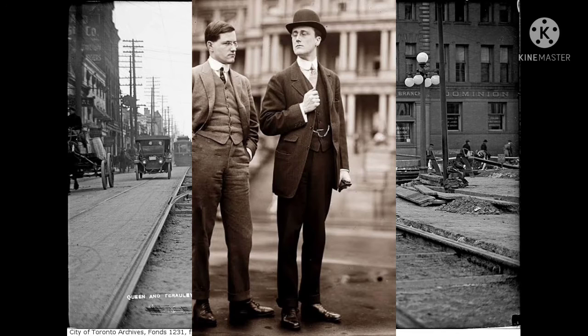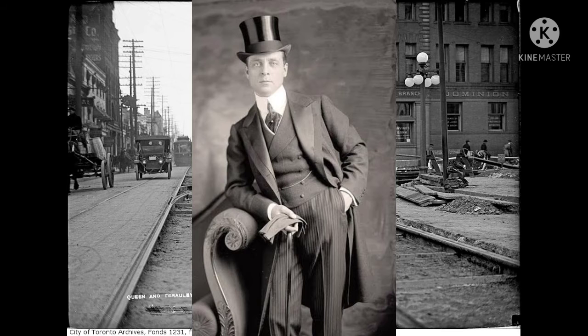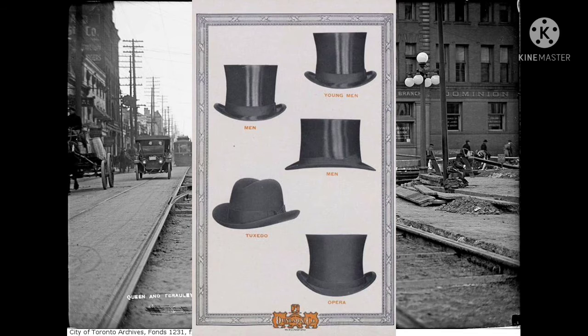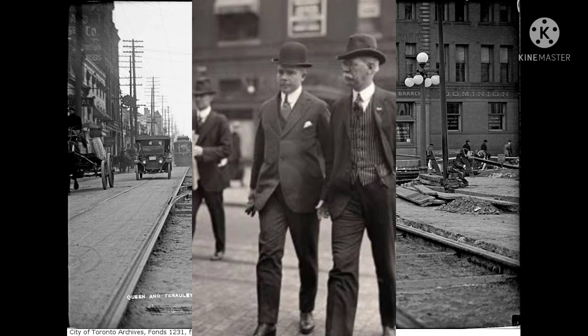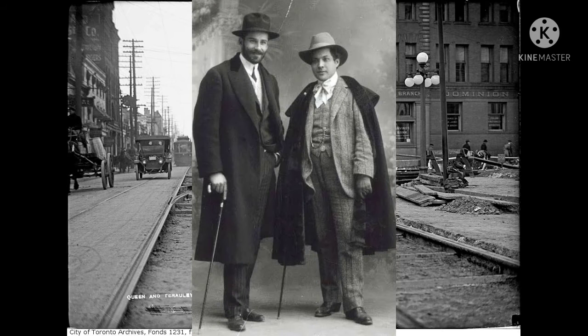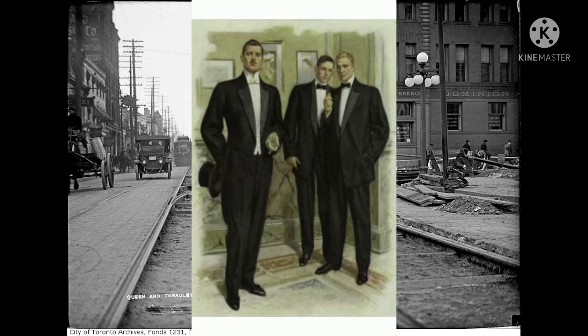A common accessory for a man from the 1910s was a top hat. As for footwear, sneakers, boots and Oxfords were the main choices. Each of these types of shoes had a small heel and laces, with the exception of sneakers that did not wear laces. The men of the bourgeoisie used to wear tailcoats made of black fabric with the front part gradually shortened,